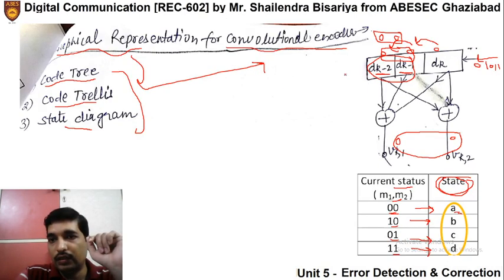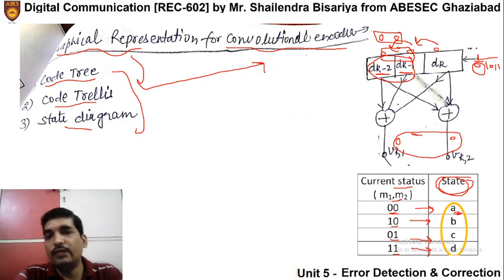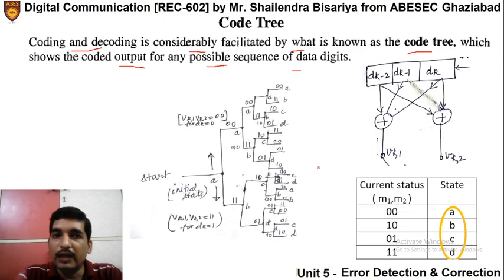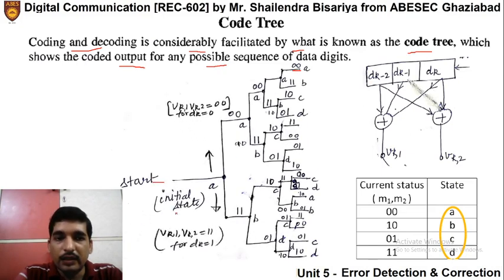Now, as we discussed, how will we represent it? If a 0 is coming, that means it will remain in state A from state A and the corresponding output vk1 vk2 will be 0 0. So we represent it like that. At the starting point, the initial state is A because the contents are 0 0 here. Then if a 0 comes and shifts, it will remain 0 0 and the output will remain 0 0. So it goes from state A to state A, with output vk1 vk2 being 0 0.